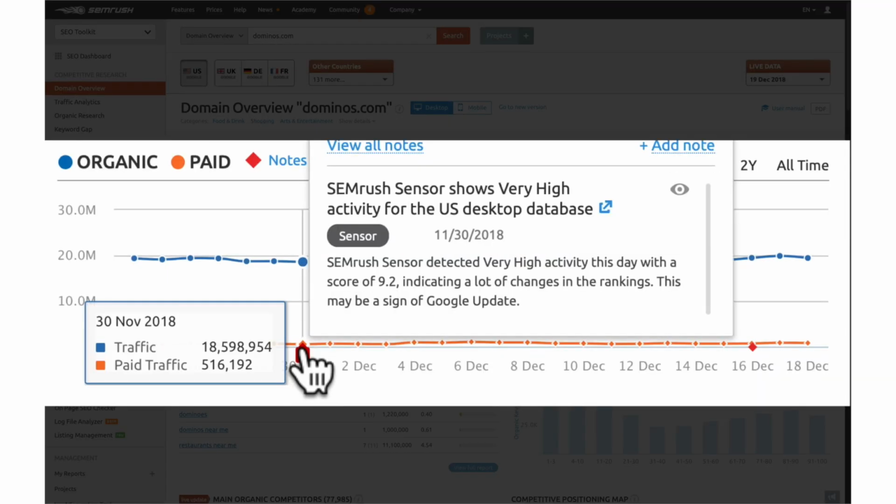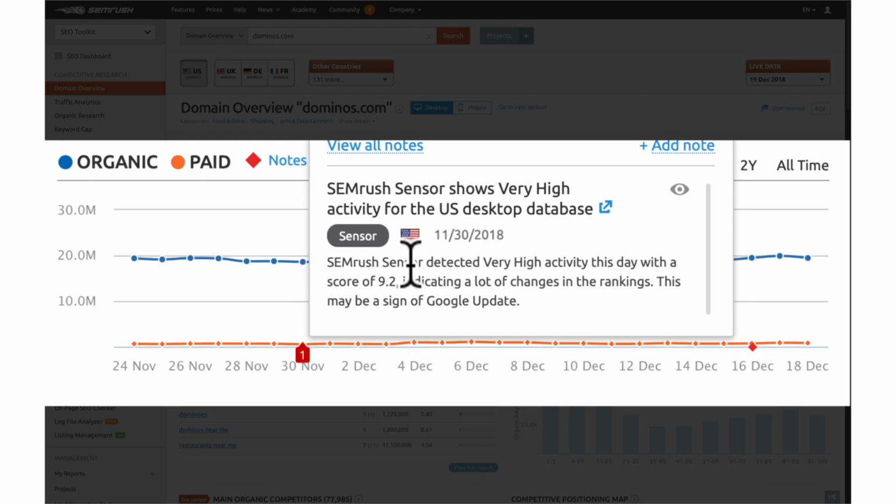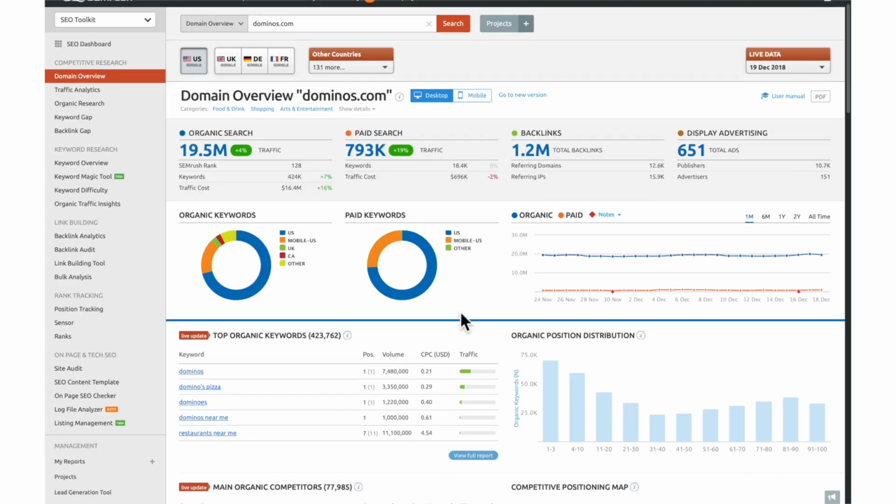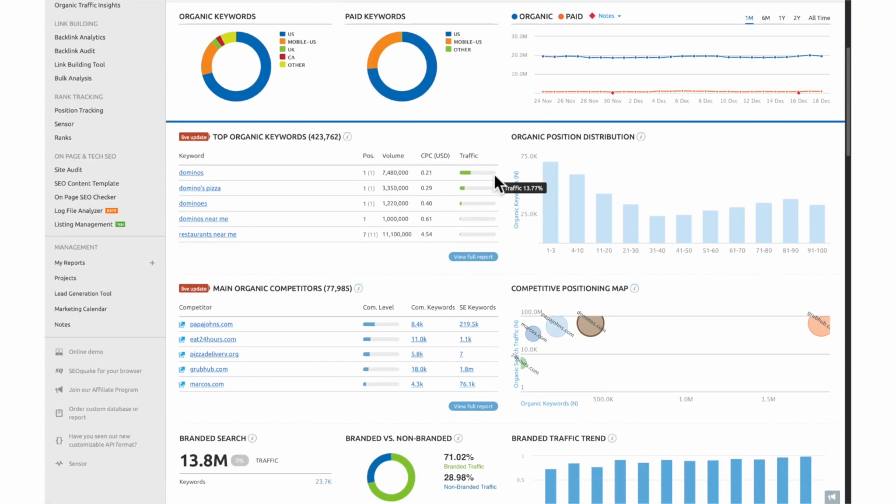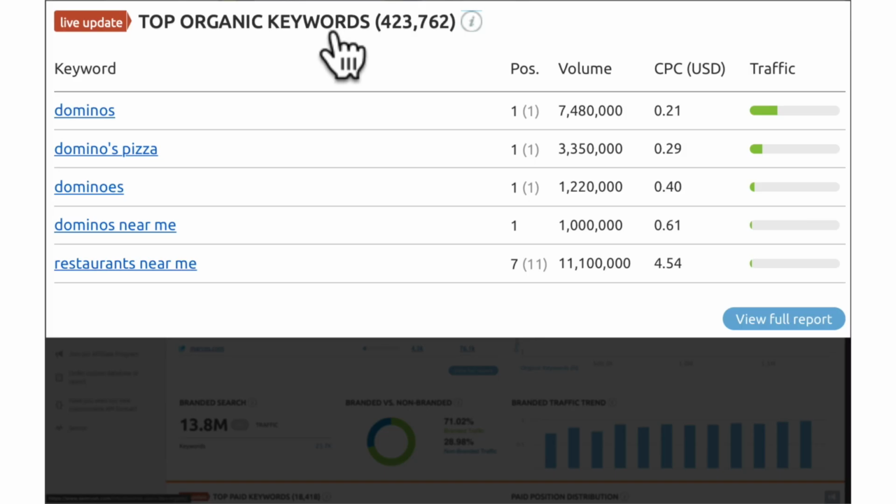SEMrush Sensor, which we will talk about in a future lesson, but which I would point out is valuable information because as a marketer, it can help you explain volatility in your SERP rankings to clients. You can also see notable fluctuations in the Google engine by clicking the red diamonds, which display notes about the day's volatility. Moving further down, we can review the very top organic keywords or searches that would return our domain